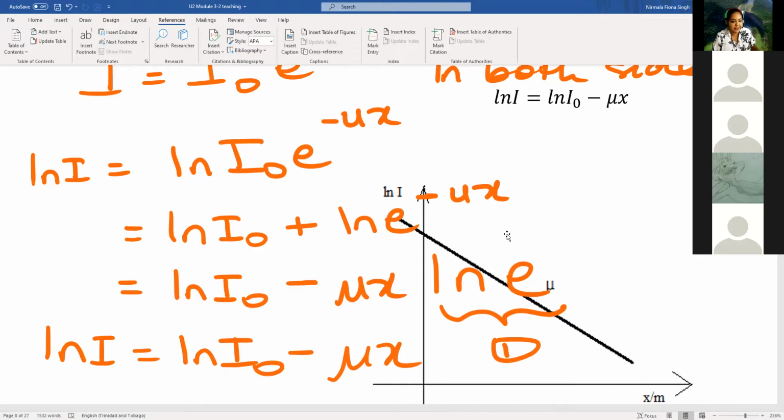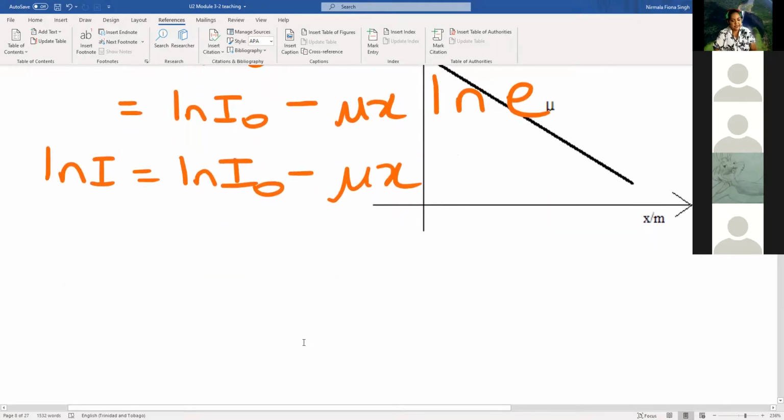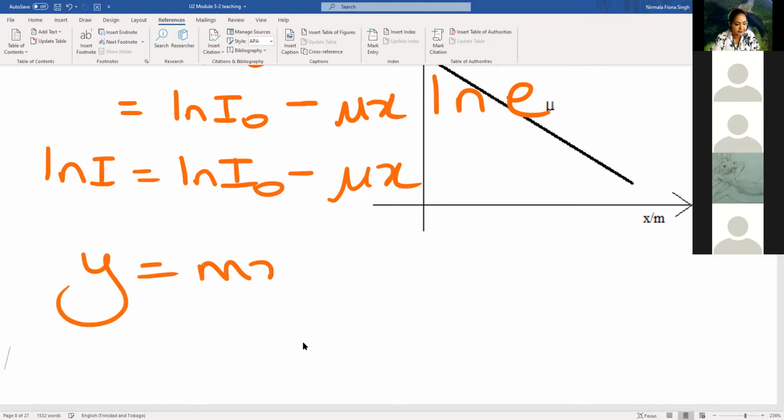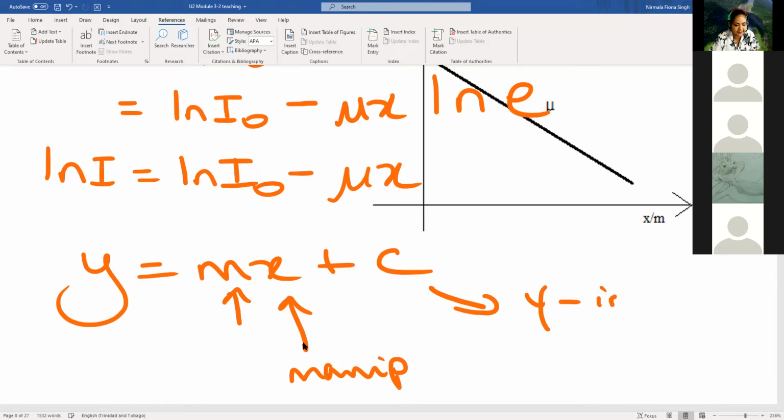If you had to find out or work out any sort of topic or any sort of value in X-rays when X-rays are penetrating into a material or passing through a material, we're going to use this equation of ln I is equal to ln I naught minus mu x. Please remember, I have taught you all how to identify your terms in a straight line equation. When we have a straight line equation, y is equal to mx plus c. Remember, m is your gradient, x is your manipulated variable, right? c is your y-intercept, and y is your